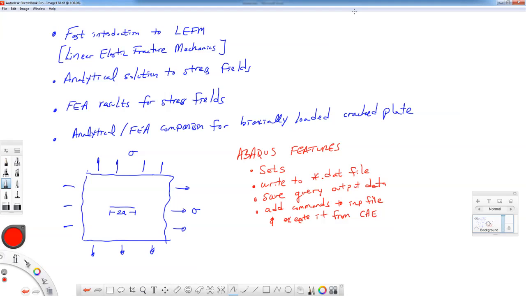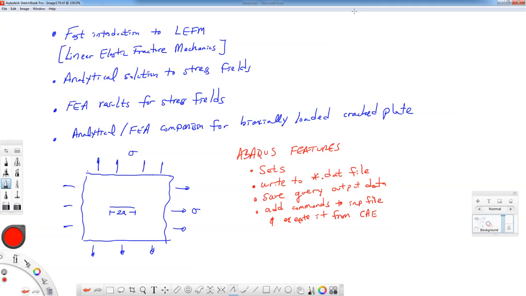Alright, so in this homework set we're going to learn a little bit about fracture mechanics. We're going to have a very quick and fast introduction to linear elastic fracture mechanics, or LEFM. We're talking about an analytical solution to stress fields. We're going to look at finite element results for the stress fields for a crack. And we're going to do a comparison between the analytical and finite element stress fields. And in particular, we're going to look at the Westergaard solution, which is for a biaxially loaded crack in a